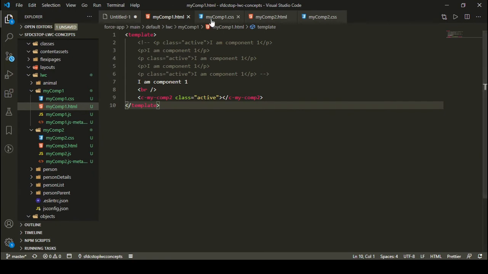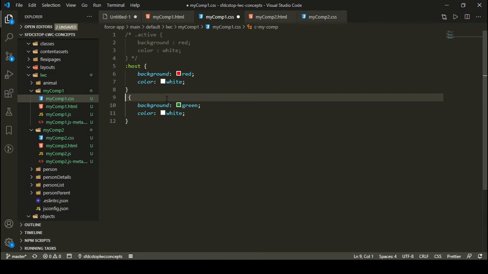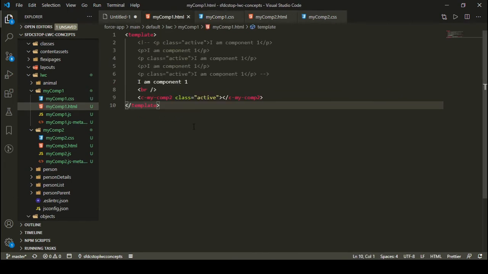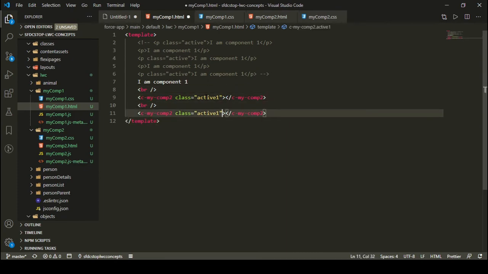As you have already seen, it is not a good practice to apply a CSS directly to a tag. So what we can do is simply say that this CSS is applied to a new class, and let's say the class name is active1 this time, right? And this class I'm going to define in my component. So I'm going to say that this component is going to have a class of active1, right? And I can have another component below this, and this component should be without the class of active1, right? So now let's see what happens.